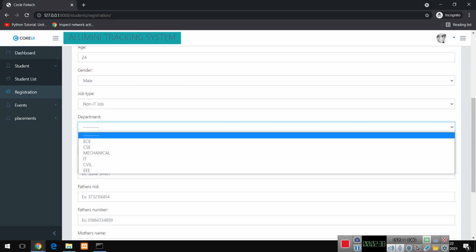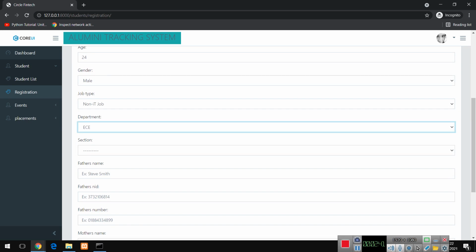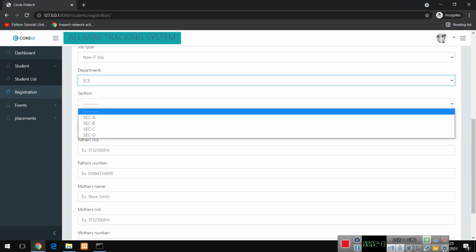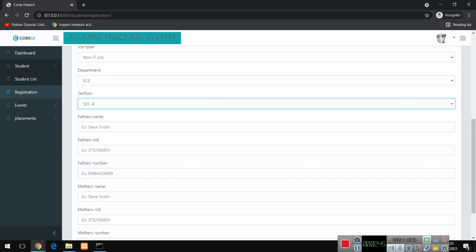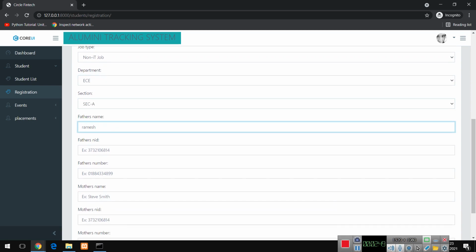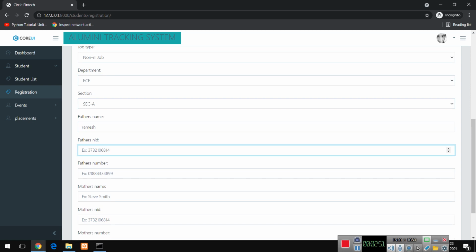Okay, which department, section, other names. Father's ID: here you can give any national ID like PAN ID or something.